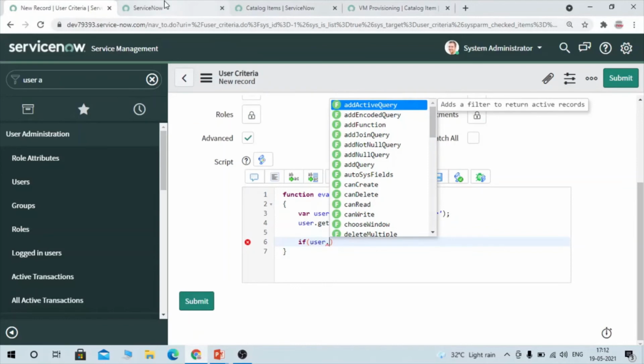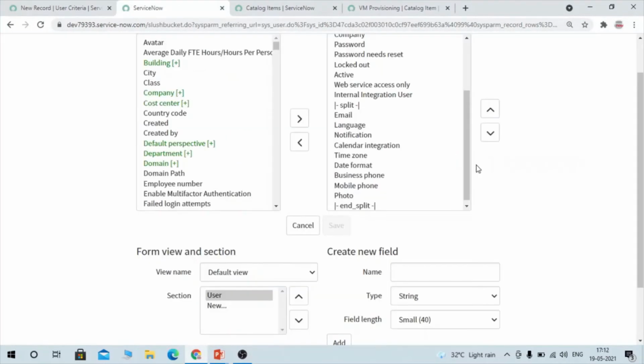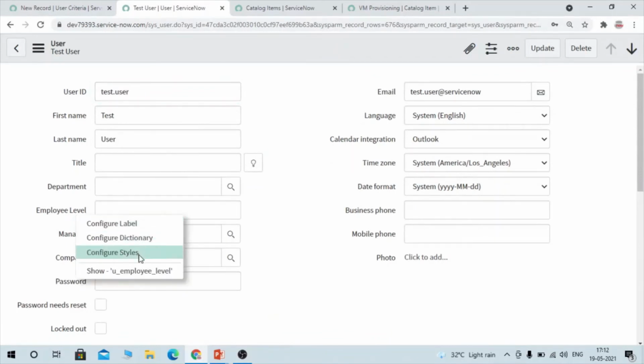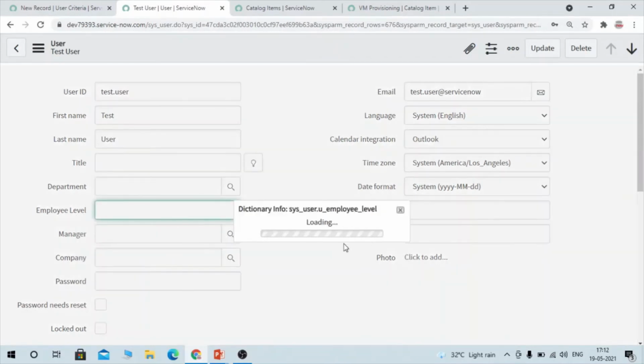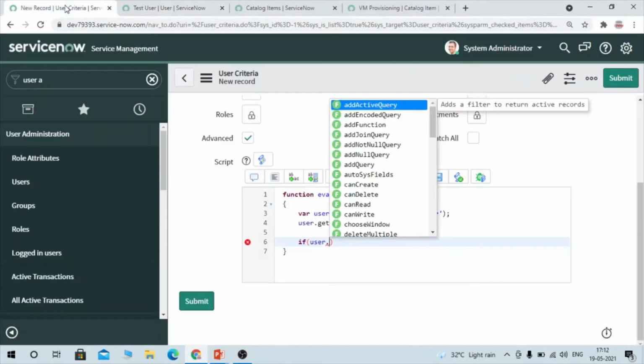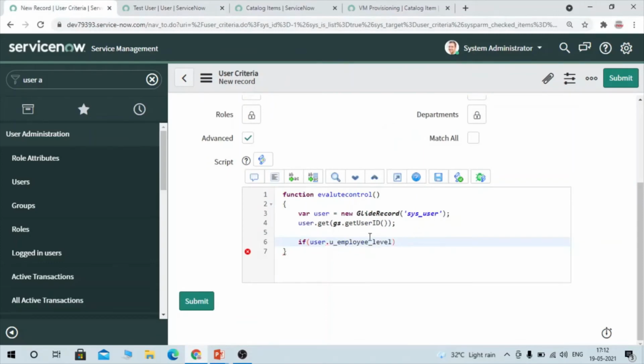Now I have to take the backend value of employee label, which is on the sys_user form. So I'm going to take the backend value of this field.